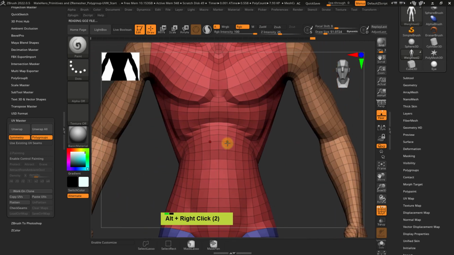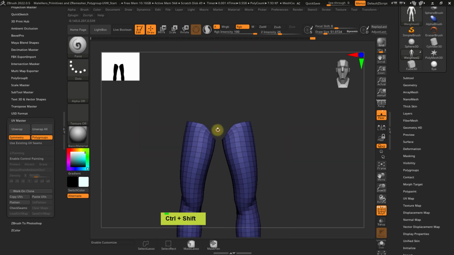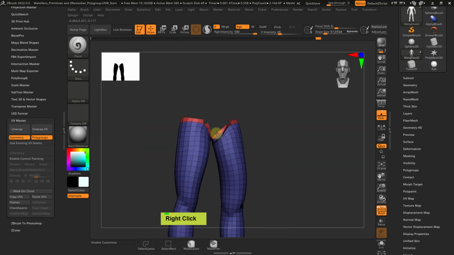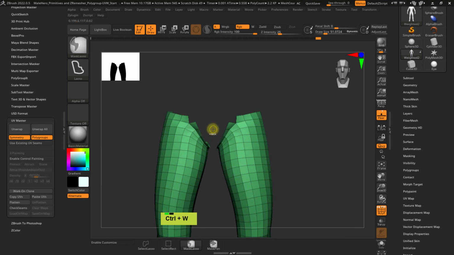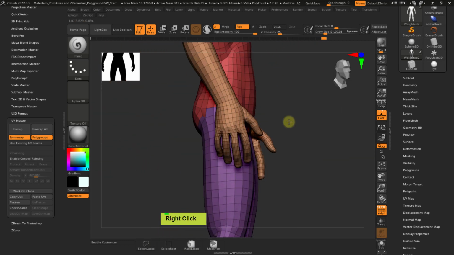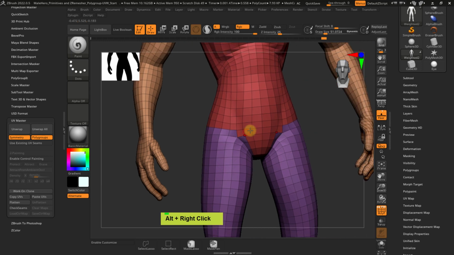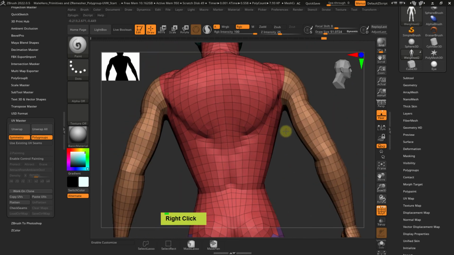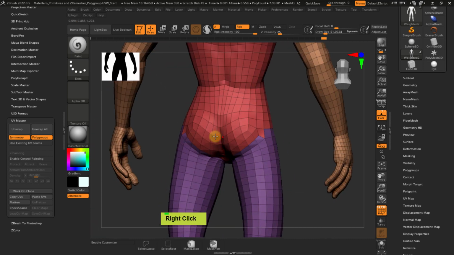Maybe the polygroup here can cause issues. So I will select this polygroup, I will Ctrl-Shift-X, grow it with one step, Ctrl-W. Okay, I don't have to worry about the colors that much. It's not nice as we have these jags, but perhaps it can help with the back issue. Okay, so now